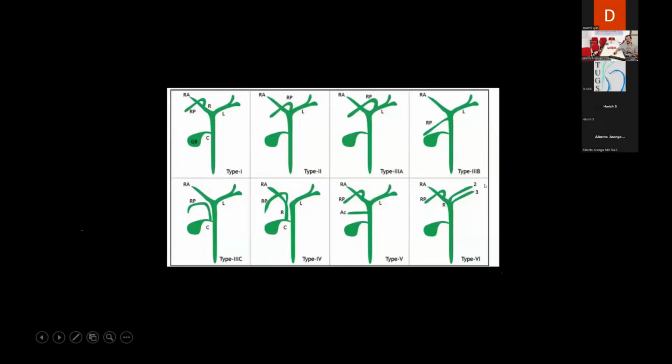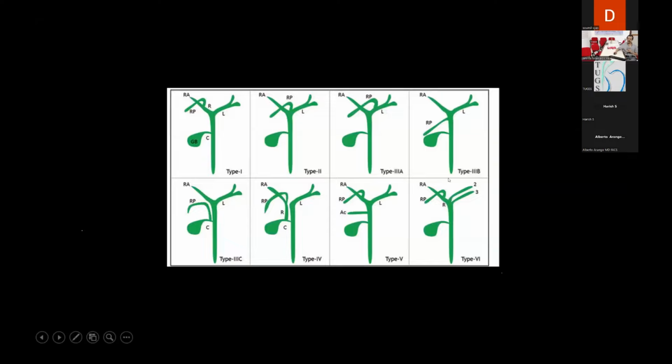This is type 6, which is again a very rare variation, but sometimes you have come across this. You have segment 2, 3, and segment 4 draining into the right system. Now, when you are looking at the hilum, you may see that this is the right and this is the left system. And you may accidentally start dividing here, thinking that that's the right system during a right hepatectomy and